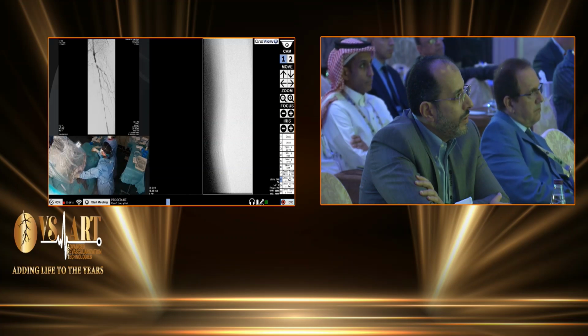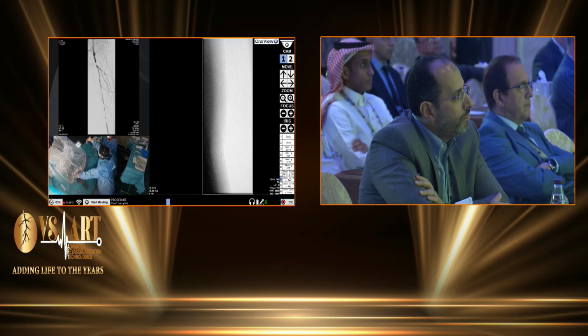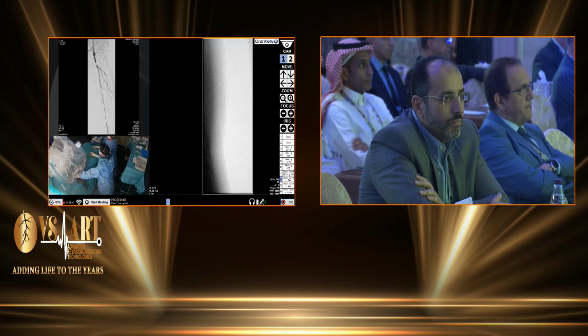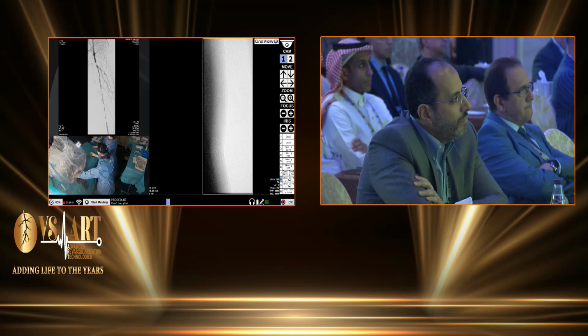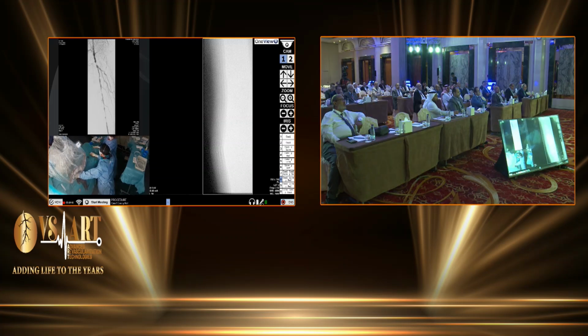We try to place a second guide wire in the profunda in order to prevent some occlusion, or if the profunda is occluded, we can save it. So I think in this short, non-calcified lesion, it's a good option to try, compared to other diffuse FEMPOP disease. Some cases we treat the common femoral artery using shockwave, in those cases that we have heavy calcified lesions, and with very good results,